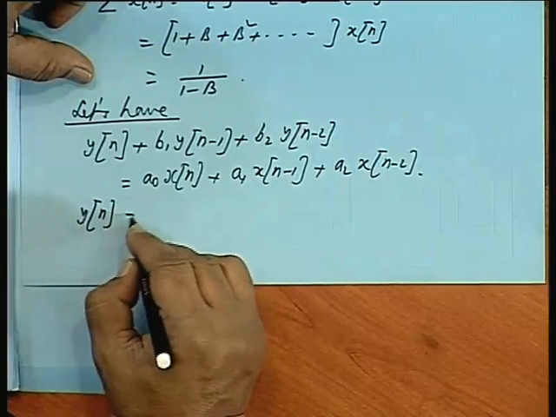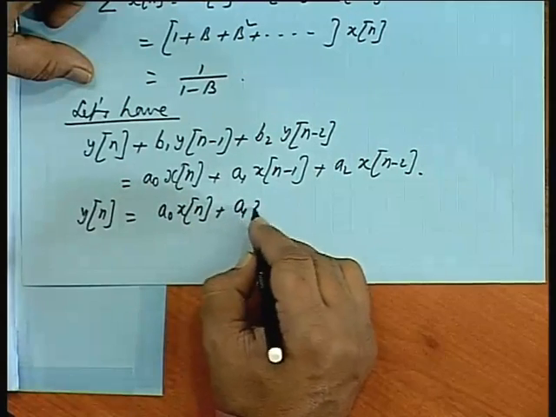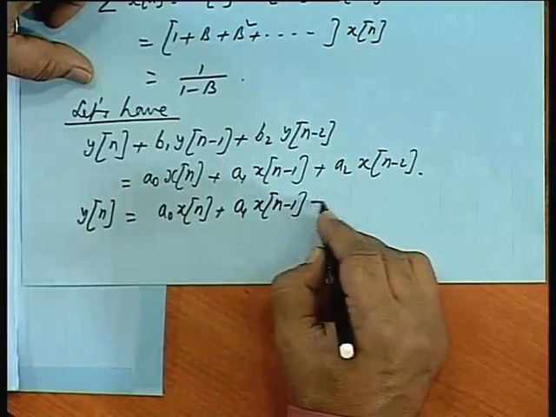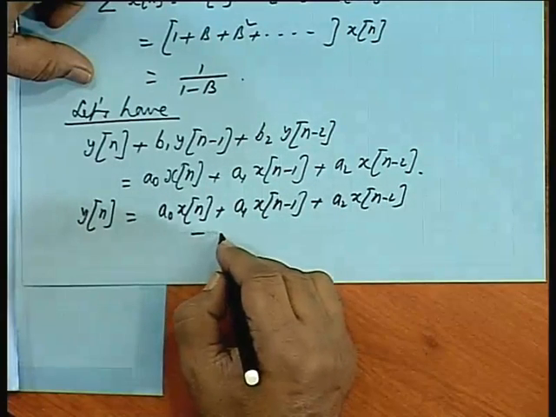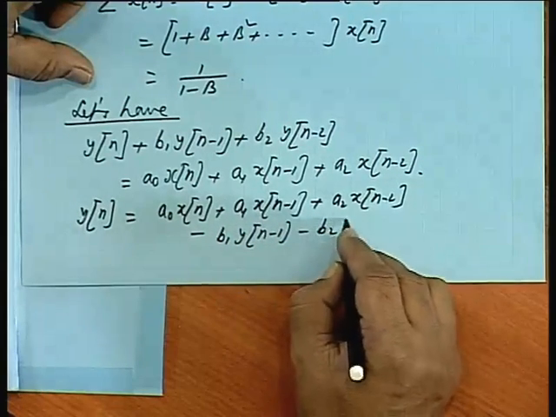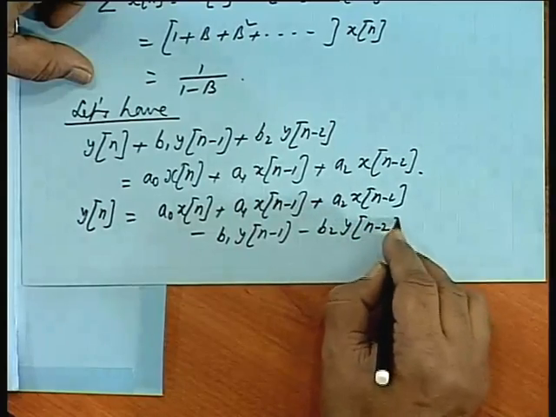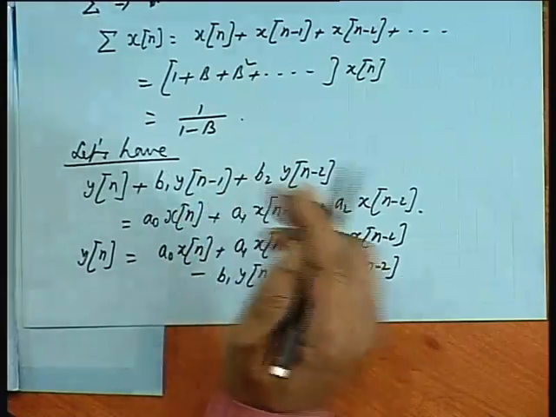Okay. So, you can write y n is equal to a 0 x n plus a 1 x n minus 1 plus a 2 x n minus 2 minus b 1 y n minus 1 minus b 2 y n minus 2. Do you all agree? So, from there you can see